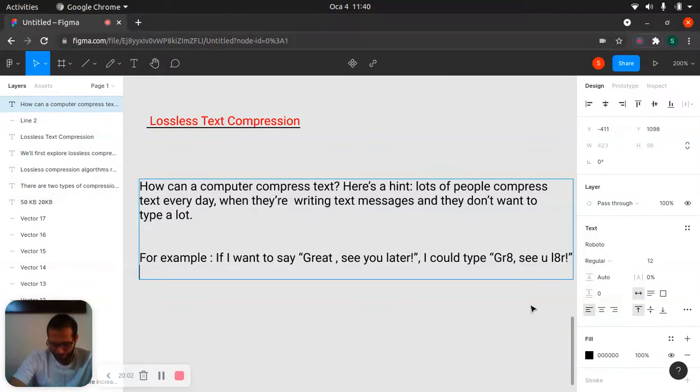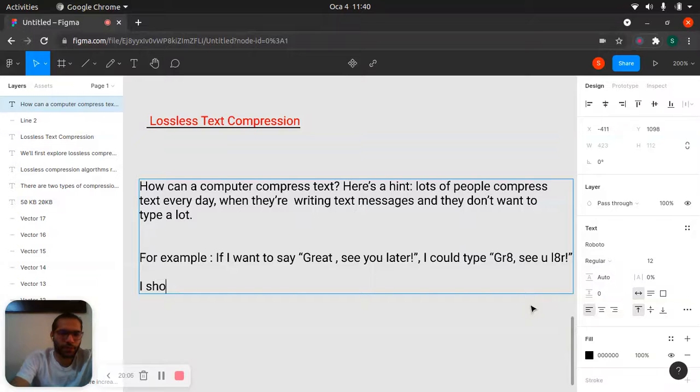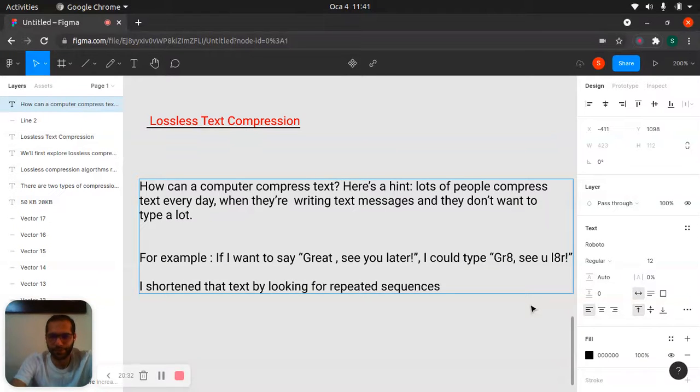So I shorten the text by looking for repeated sequences